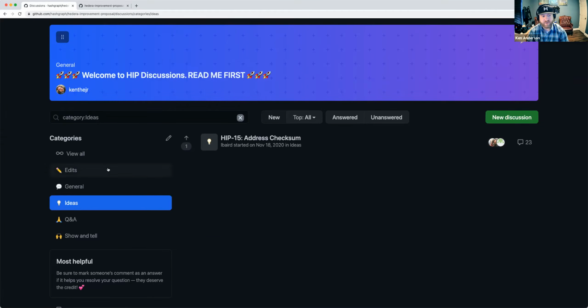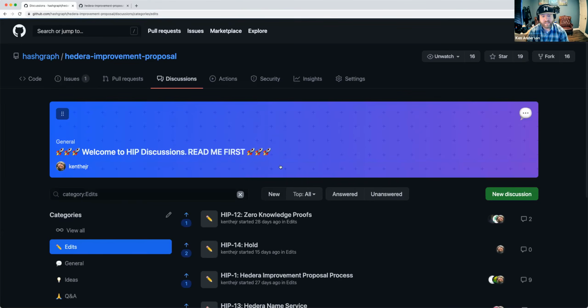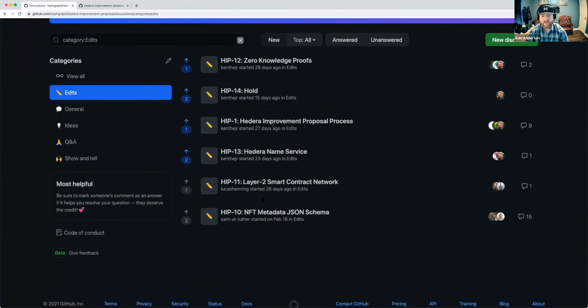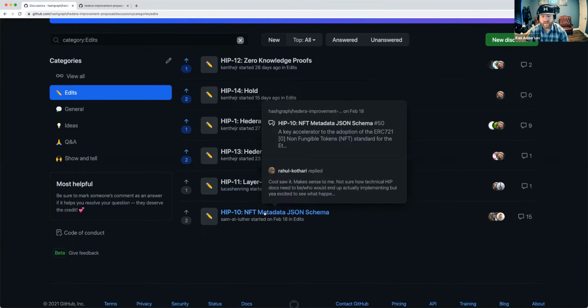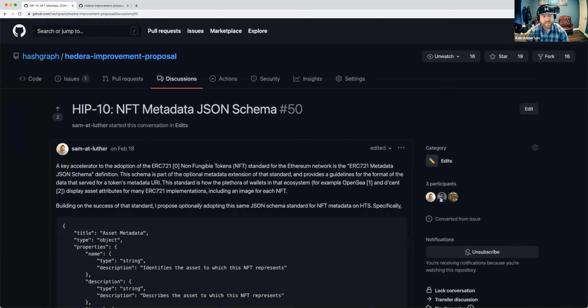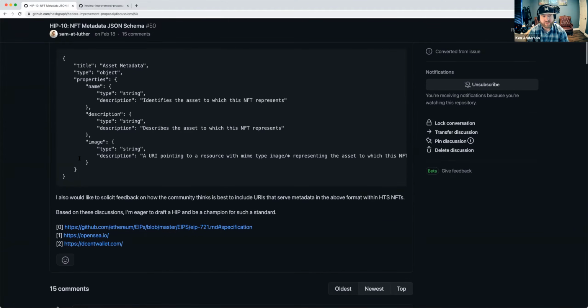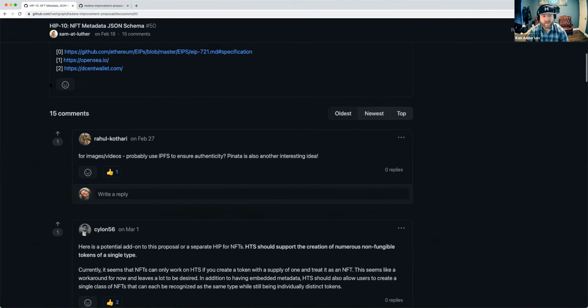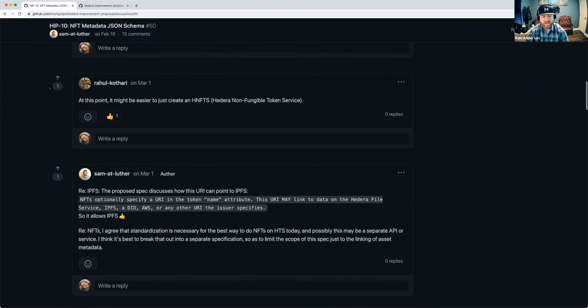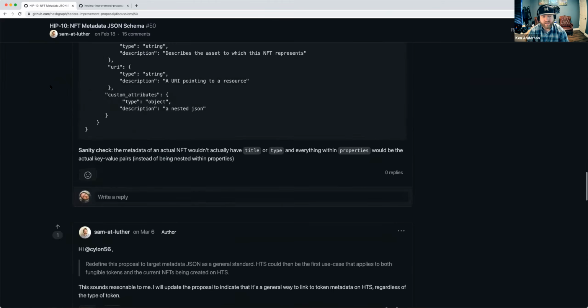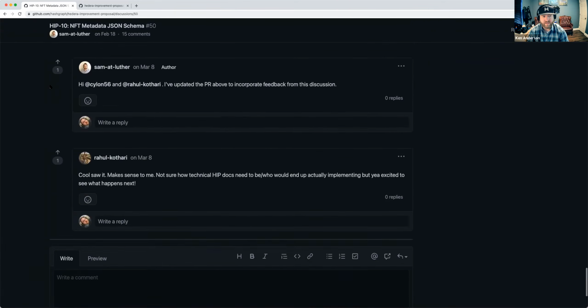I would encourage everybody to go through the existing HIPs here and review the documents. You'll notice that, and I'm going to hand this off to Sam because this is his HIP, but HIP 10, so this started off as an idea, so you can have the initial draft right here, and then we have a number of comments that we see here, and then eventually, if we go all the way down to the bottom,